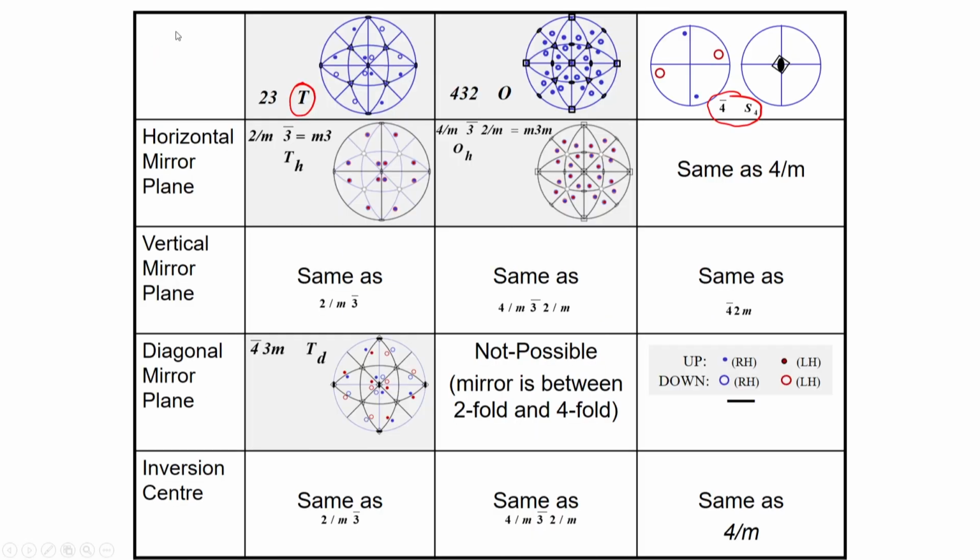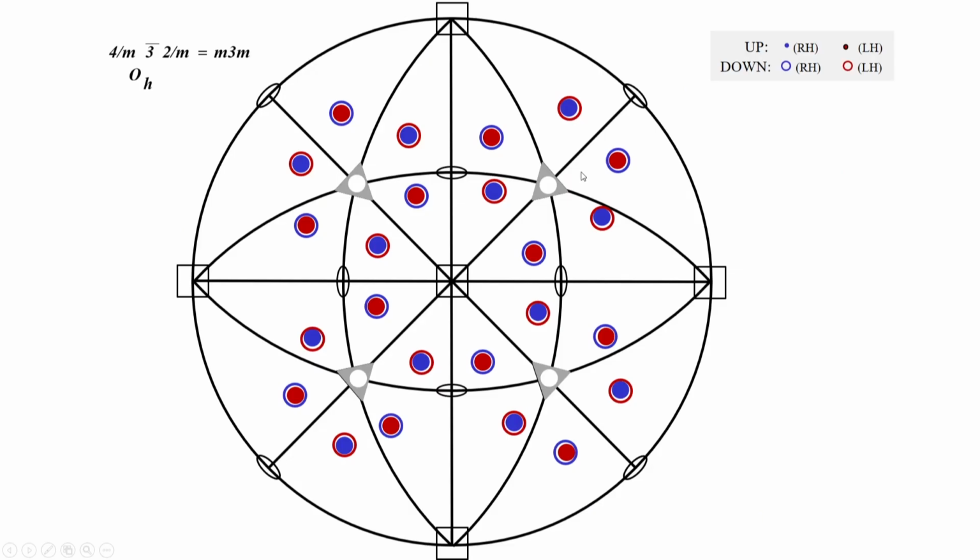Now to this group, let us add a horizontal mirror. When I add the horizontal mirror, this group would be, in Schoenflies, called O_h, octahedral group, horizontal mirror added. The international notation is basically mirror perpendicular to the 4-fold axis, and we will see this in a bigger diagram. So I have added a horizontal mirror, but as a result I get many more mirrors, because of the other rotational axes. I have added the horizontal mirror, which is this one. Then I get some more mirrors.